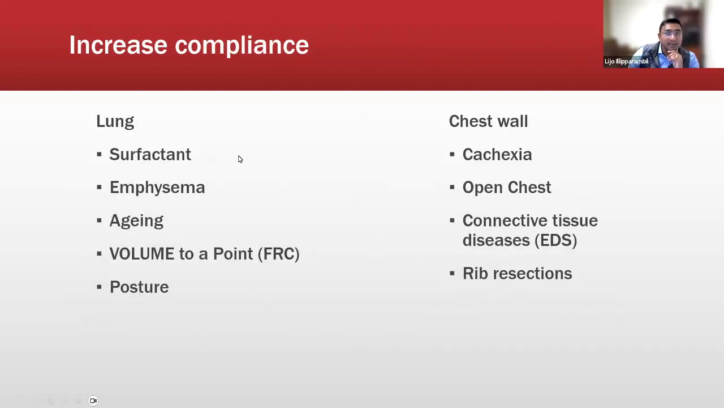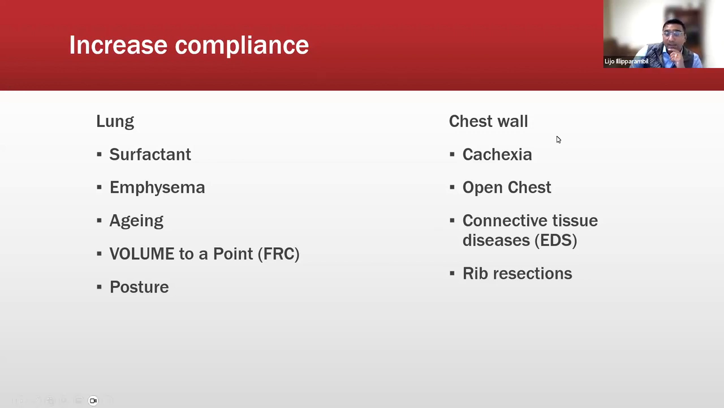Well, in the lung, there's surfactant, emphysema, aging. Aging works in a similar process to emphysema. You actually lose a lot of your elastic recoil tissue over time. Volume does help, but remember, it's only really at that FRC zone, right? Because once you get to high volumes, you actually lose compliance. And of course, posture, right? Posture is actually one of the biggest things that help compliance. You can see that people will adjust their posture when they're dyspneic to help move air better, especially if they